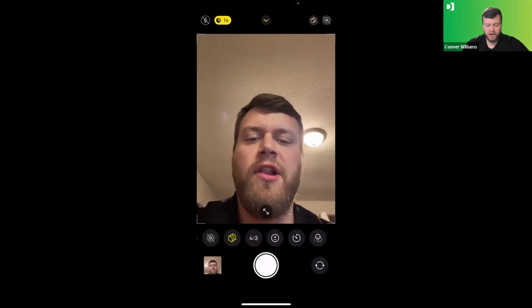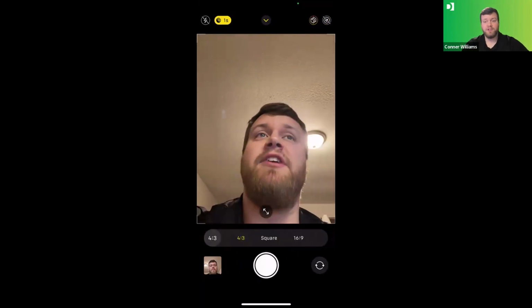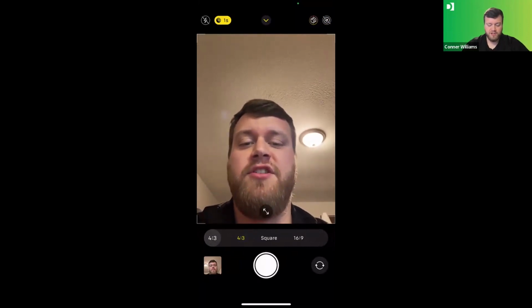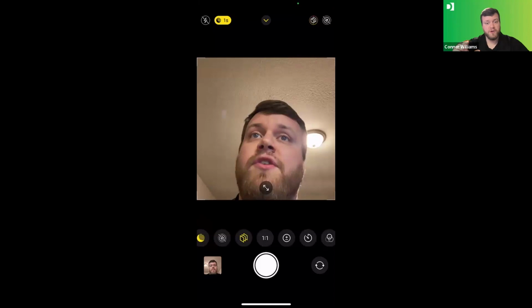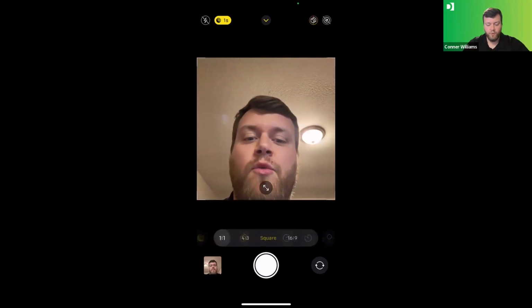A couple other things to call out right here. You can see the 4:3. This is how I can change the aspect ratio of my photos. So I think it automatically sets it to 4:3, but you have a couple different options right here. So you can see I can change it to square. And then on the screen, you can see that actually shortened the vertical height of my aspect ratio. So it was 4:3,